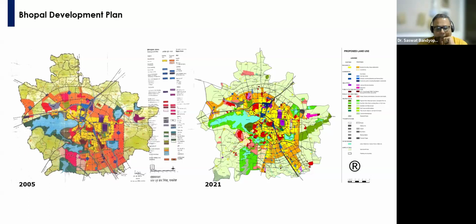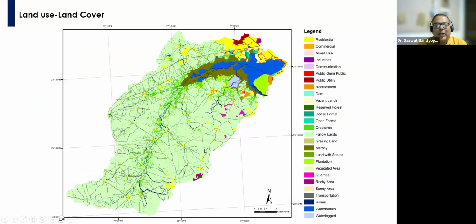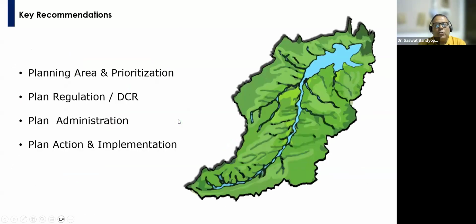The lake got dried. So when you analyze, and many of you are working in GIS, many of you know about it, you know these are the land use, land cover, but the problem is how do you put